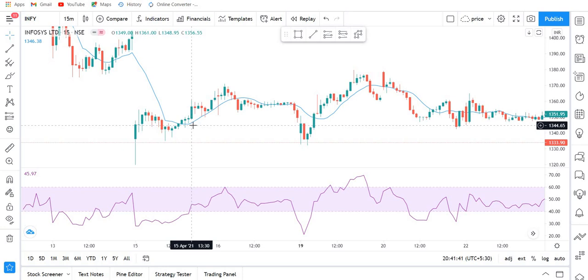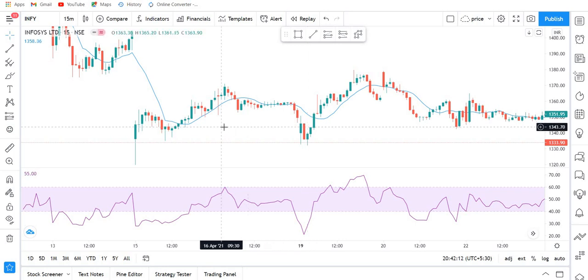Now as you can see, it has made a high till here. We have taken entry on this candle. The opening of this candle was 1349 and the high made is 1363. So a 14 points gain, good enough I think. And then it has crossed below this candle somewhere here. So it was a good trade. You can see for a long time this trade has sustained.